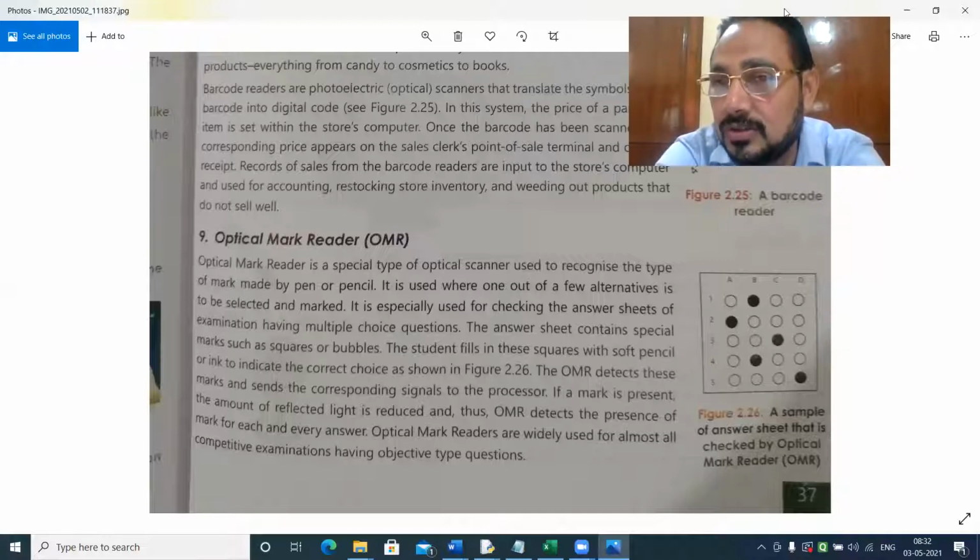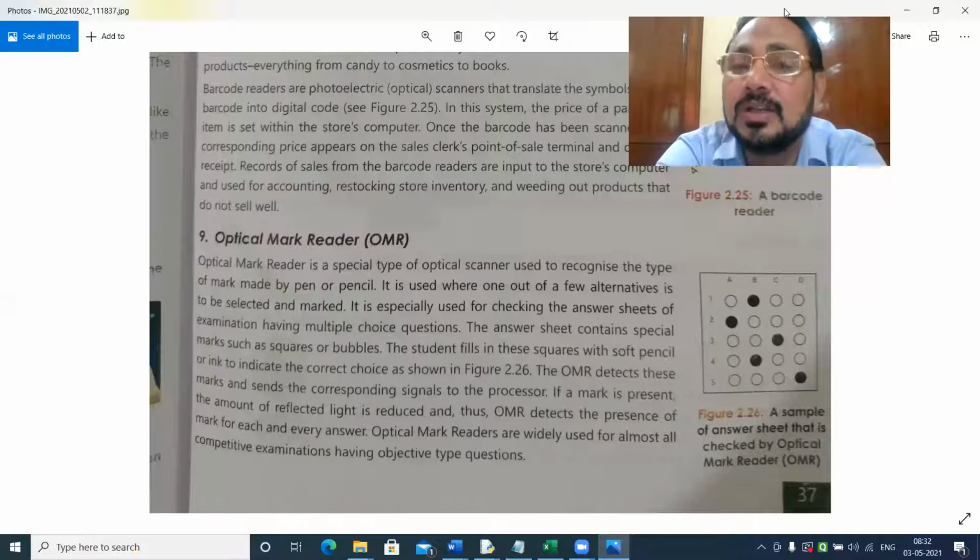To get rid of this problem, most of the competitive exams now are using ball pens, black or blue color. It's clearly written there: use black and blue ball pens. Even if some drop of water falls, the ink will not spread in a ball pen. So that's why they say ball pen.